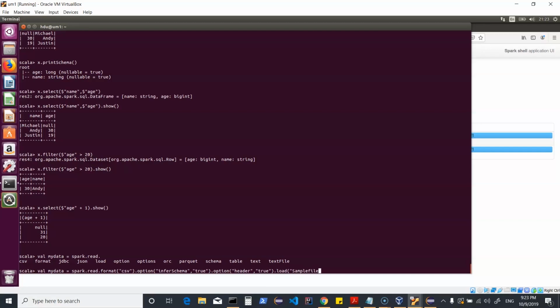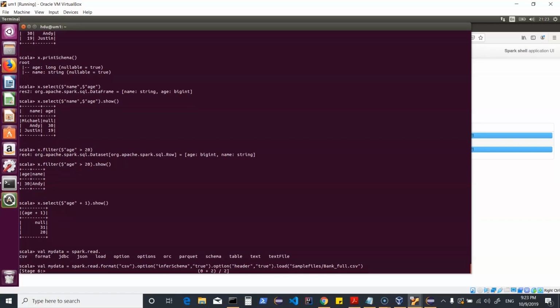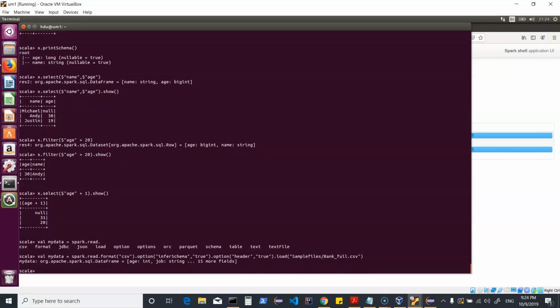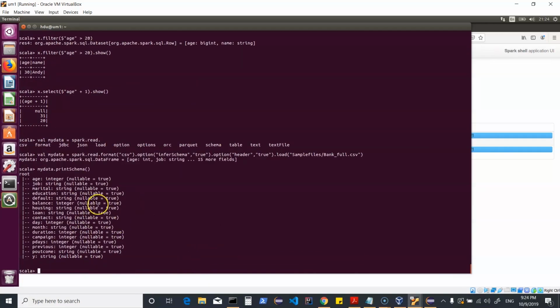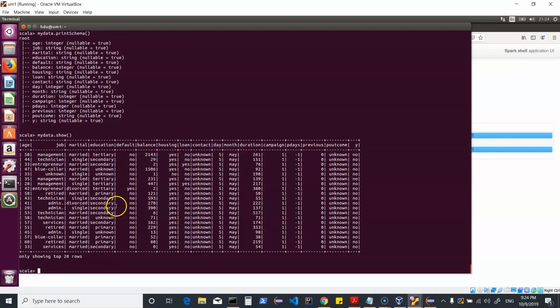So I'm going to pick up sample files, and then I will point it to a file which I think is existing in this directory, something like this. And then I do this, which should basically create a data frame from a CSV file. You see, it shows 15 fields and the schema is understood. So I can just say myData dot printSchema, and this will show me the schema which was inferred, and we have our data frame created. We can always do a myData dot show, and that shows me some rows and columns.